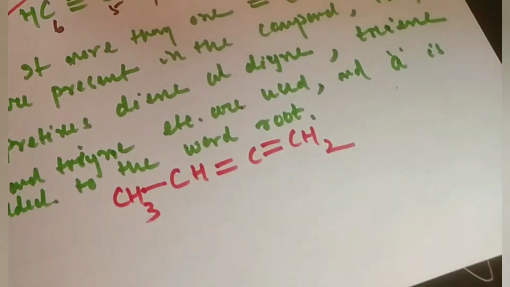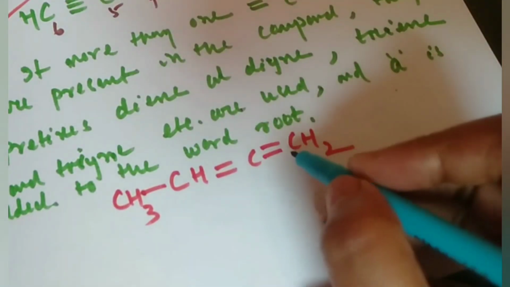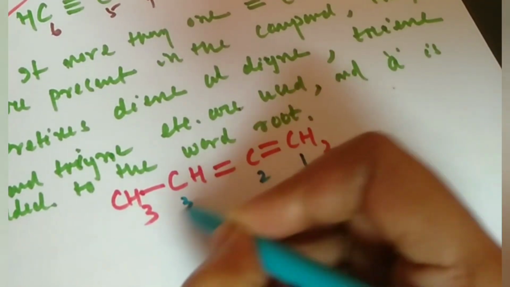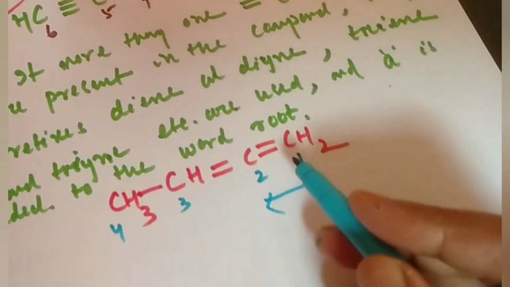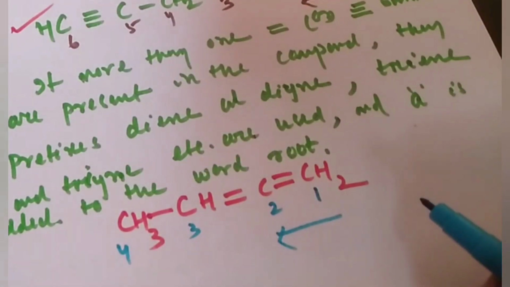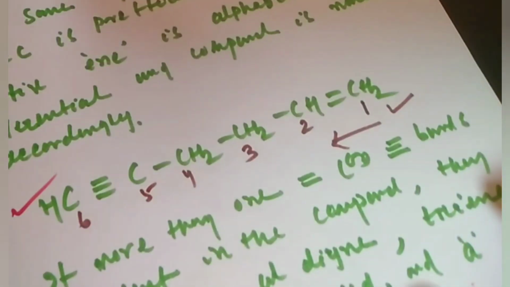So see here, in which way will we proceed? Because this is the lowest locant, 1 2 3 4. So this is the right way to proceed. Two double bonds are present, so we have to write di-ene. Okay, next is,